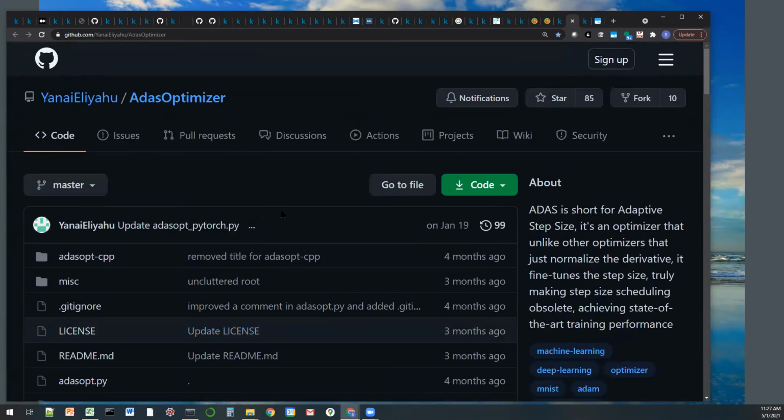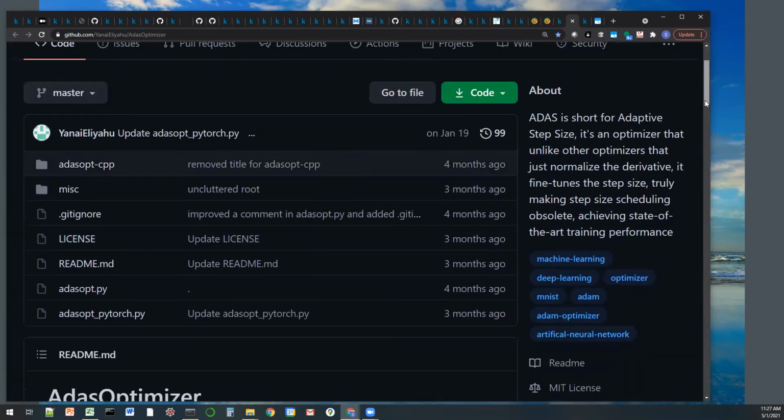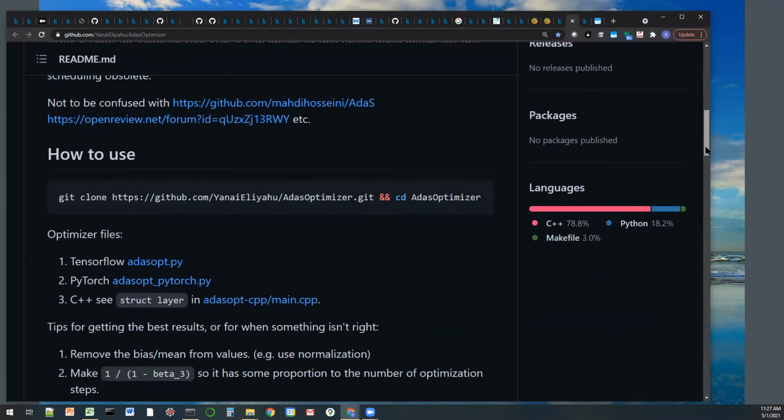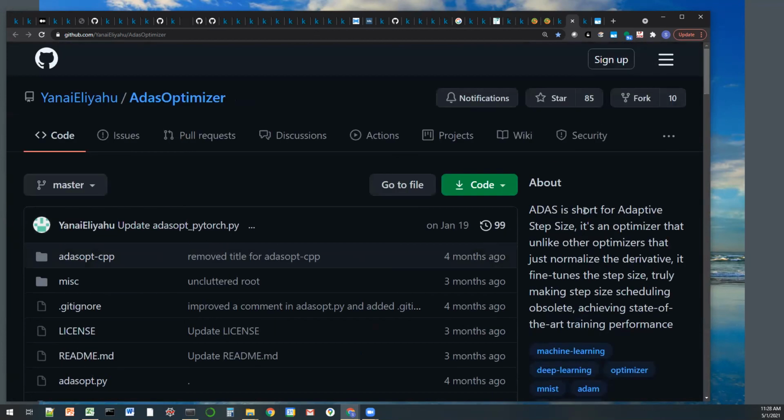It doesn't seem terribly recent. I didn't look at how recent it is, but here is the